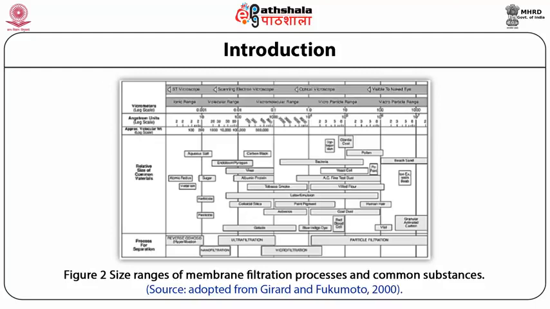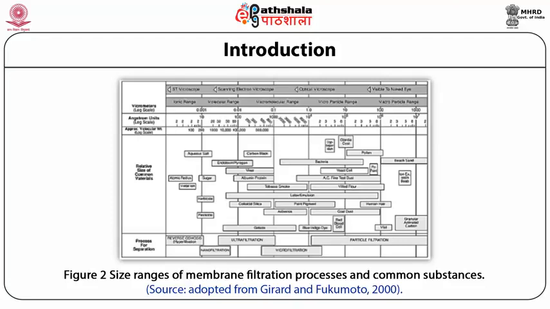If we talk about microfiltration, then it is normally used in the molecular and microparticle range, like absorbance, pigments and emulsions. Ultrafiltration is used in the molecular and macromolecular range, which is seen by the SEM, scanning electron microscope. And nanofiltration is used in the molecular range, ranging from 0.001 to 0.01.